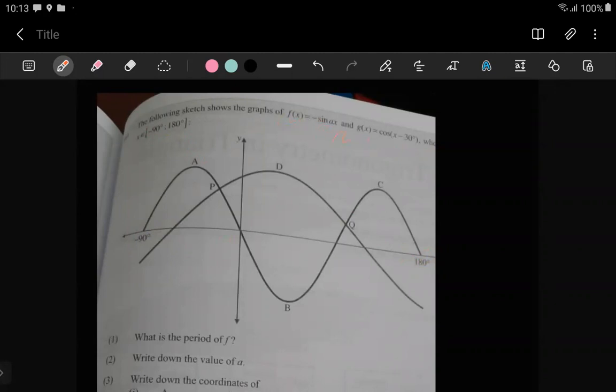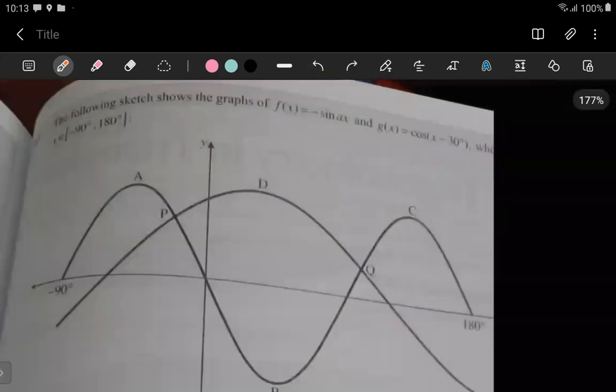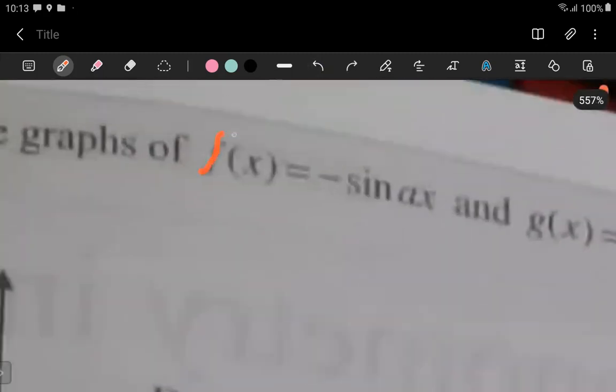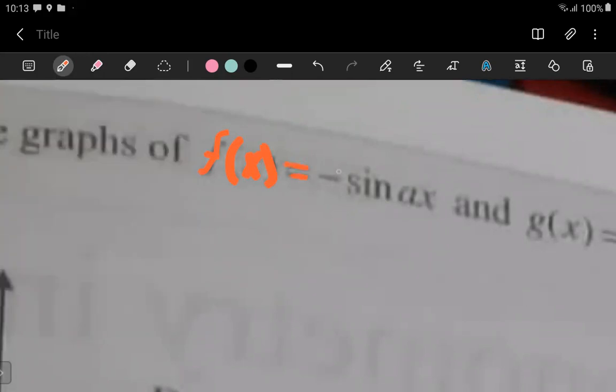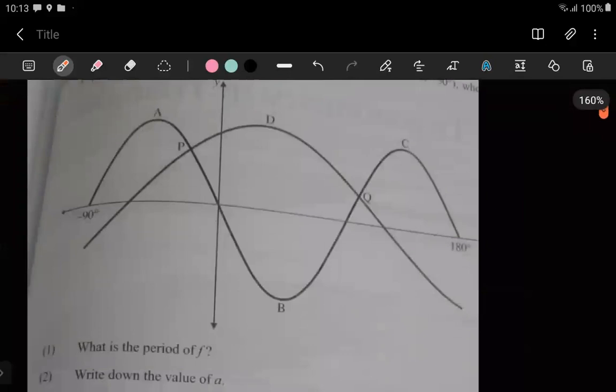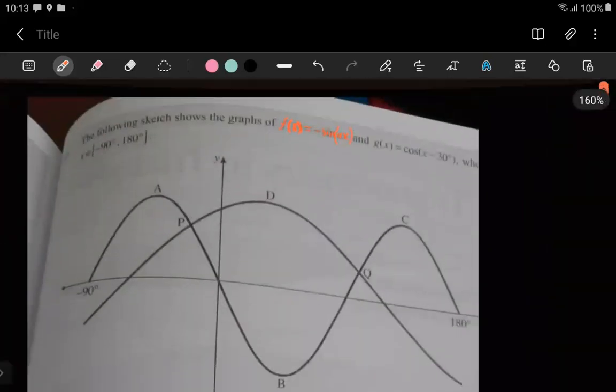Now, the fortunate thing is it's easier to spot which one is a cos graph, which one is a sine graph. So if you look at what we have for f of x here, the equation is clearly showing you that you have a negative sine graph, and just because we know we have a negative sine graph, it's good enough for us to work out which image is the sine graph. Because if it was a normal sine graph, let's say it was y is equal to negative sine x,